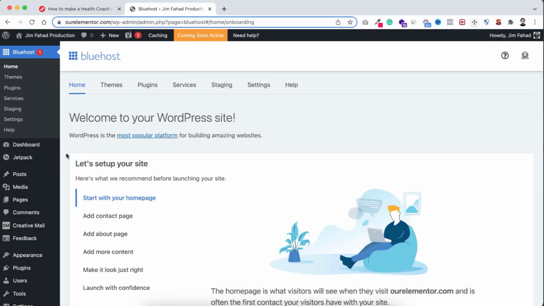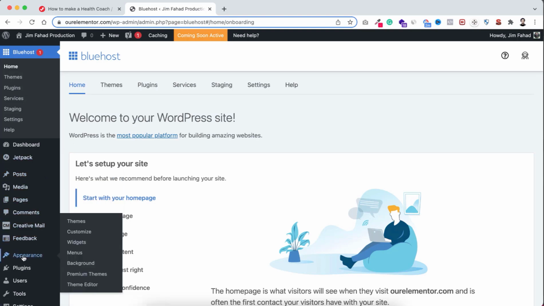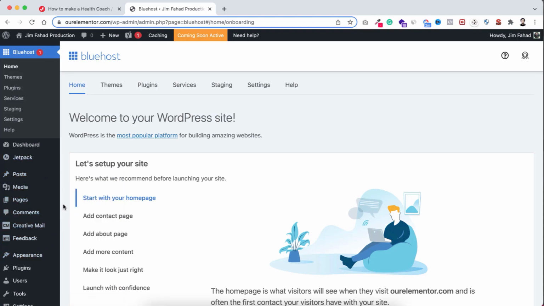Now I will make you understand all of these options, like how to create a page from here, how to create a blog post, or other things like what is a WordPress theme and what is a WordPress plugin. But before starting with anything, first I want to clean up the WordPress dashboard, because personally I love to work in a clean environment. So to clean up our WordPress admin panel, let's first, from this left tab, let's hover